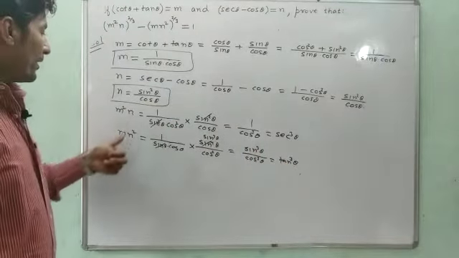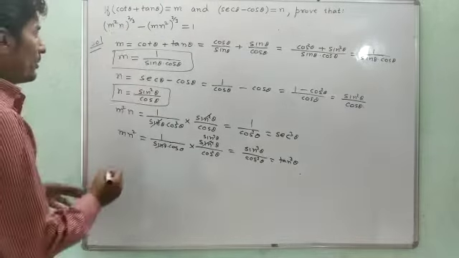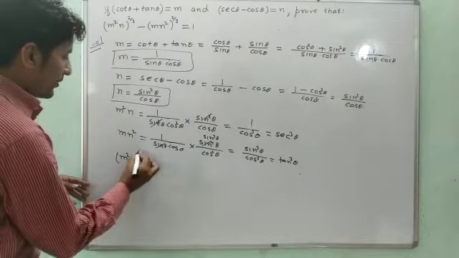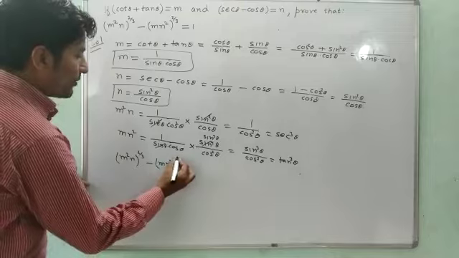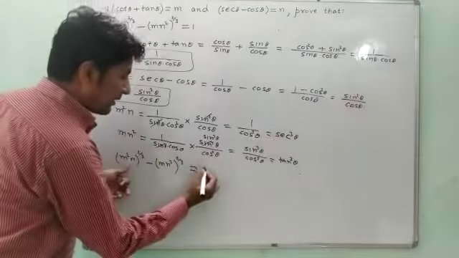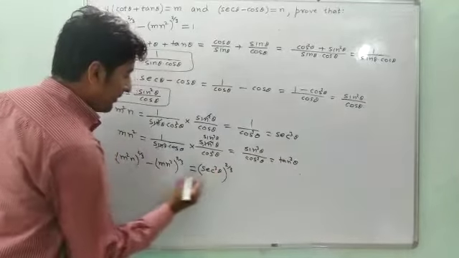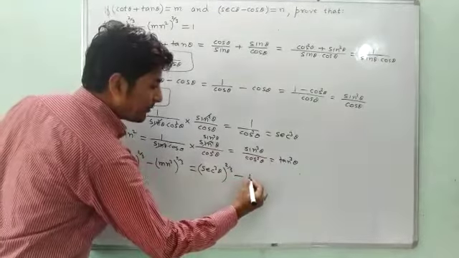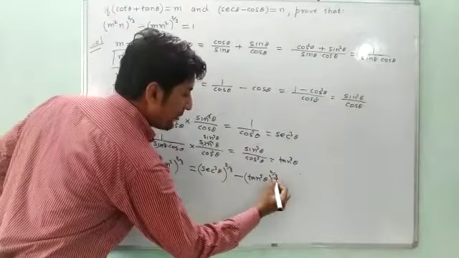After getting the value of m square n and mn square, now we have to find this value. So let us copy the whole expression, that is m square n whole to the power 2 upon 3 minus m n square whole to the power 2 upon 3 equals, now m square n we have sec cube theta. So we can write here sec cube theta, whole to the power 2 upon 3, minus mn square. Mn square has the value tan cube theta. So we can write here tan cube theta, whole to the power 2 upon 3.